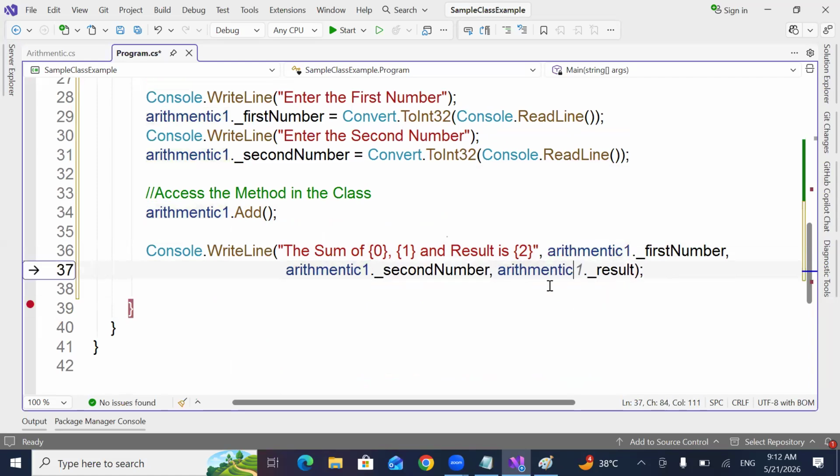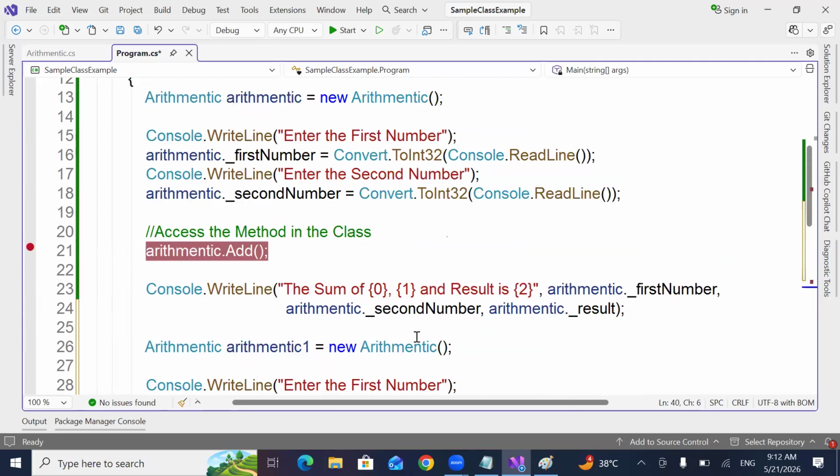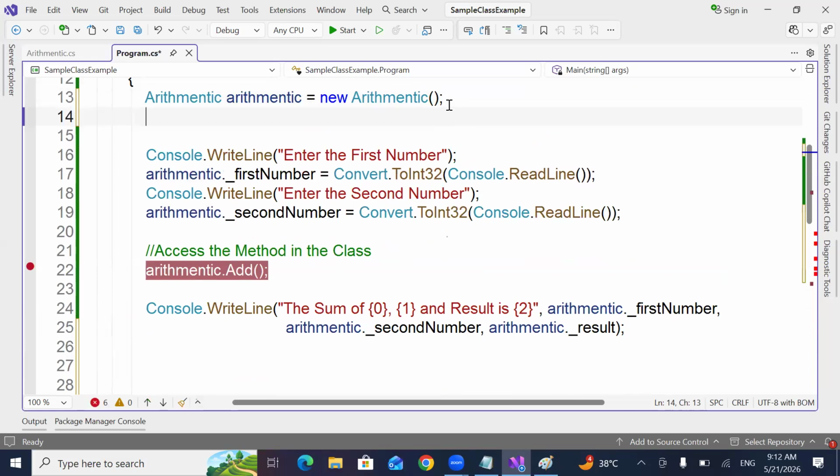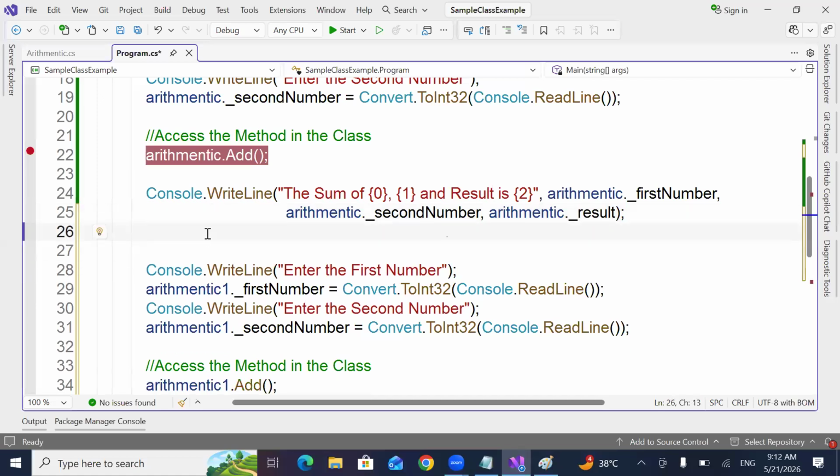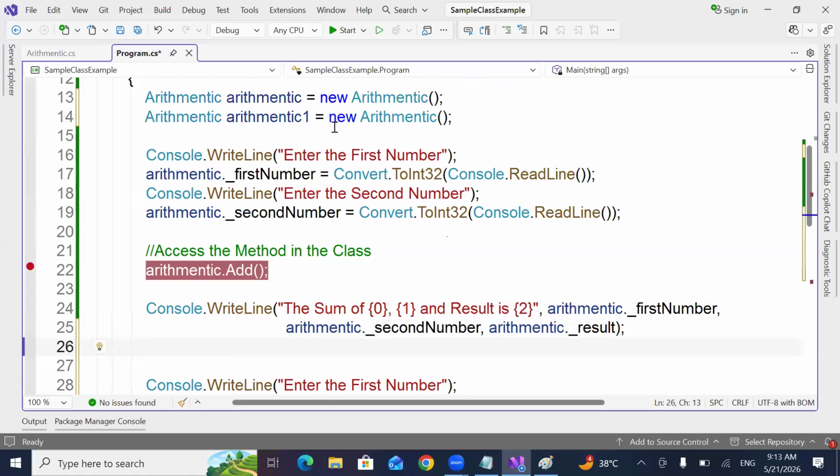Here also 1. Now, this object and this object, are they same or different? Listen carefully. Both are same or different? Different.